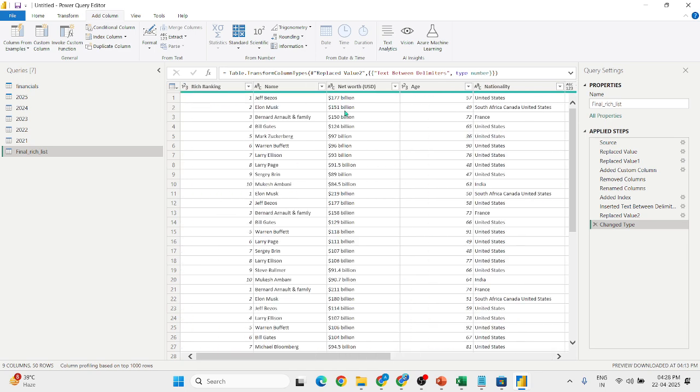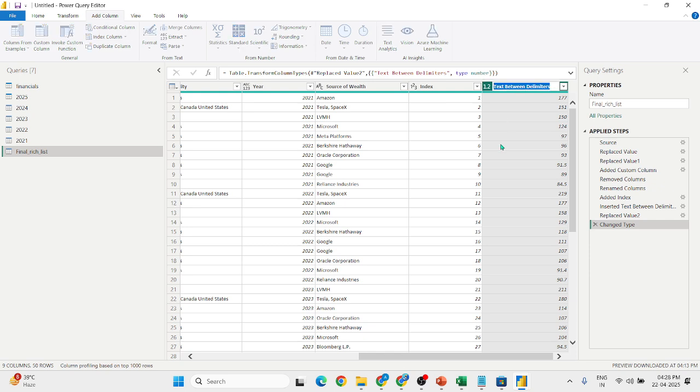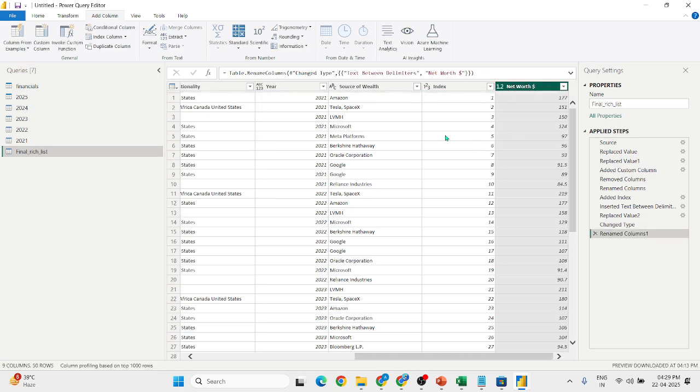Instead of text between delimiters, let me do one thing. I'll say it's again a net worth, right? It's a net worth in dollars, so I'll write this net worth in dollars like this, okay? Let me hit enter. So this one is my column name. Now this is the final rich list. I have extracted this column. So you know that key